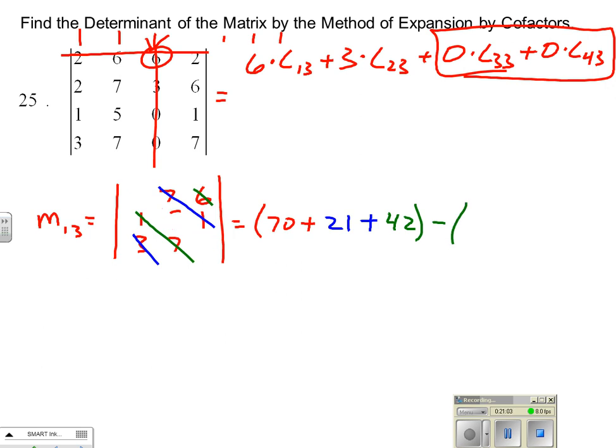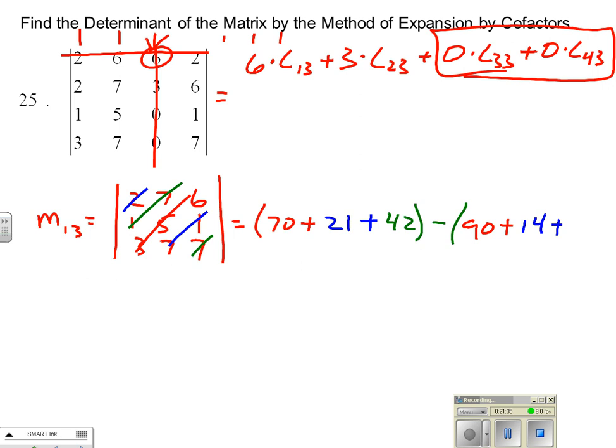Okay. I have to clear this out so I can put some new lines on this. If I was using a pencil, of course, I wouldn't have to do that, but let's go ahead and rewrite this: 2, 7, 6, 1, 5, 1, 3, 7, 7. Upward diagonal: 3 times 5 times 6, that is 90. Plus, how about this one? 7 times 1 times 2, 14. Plus, what's left? 7 times 1 times 7,